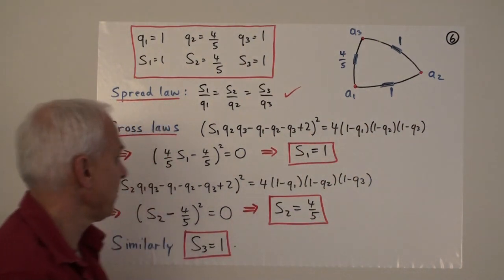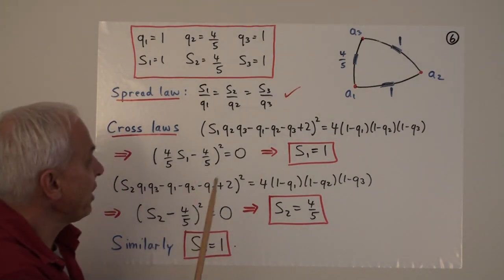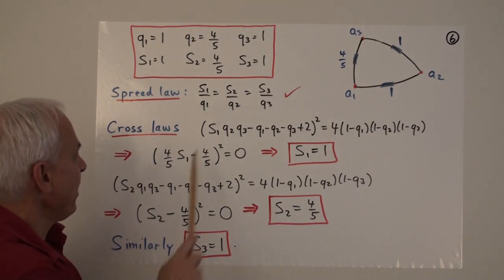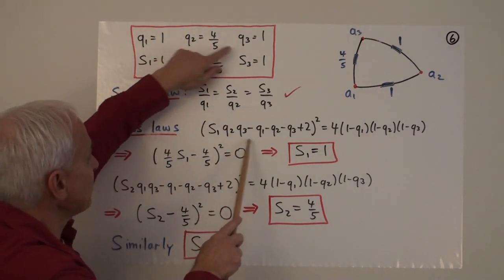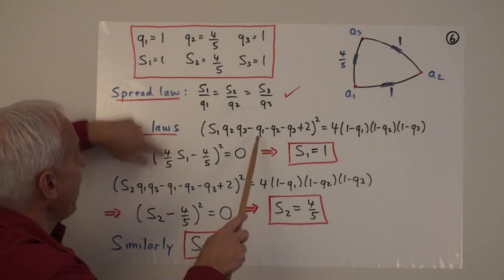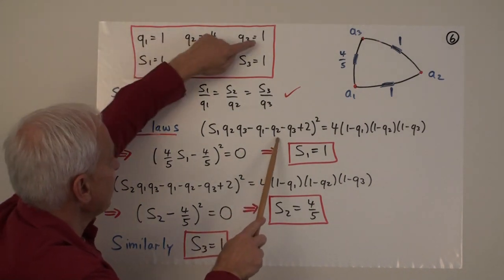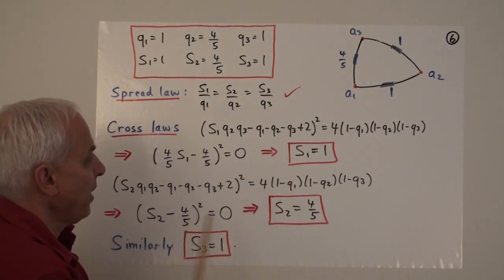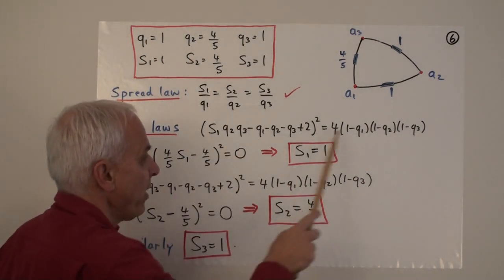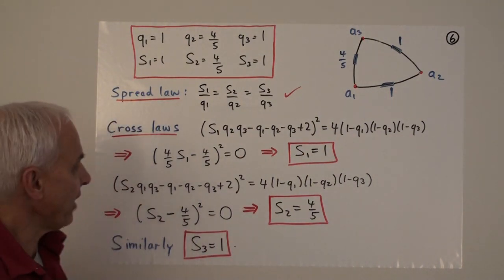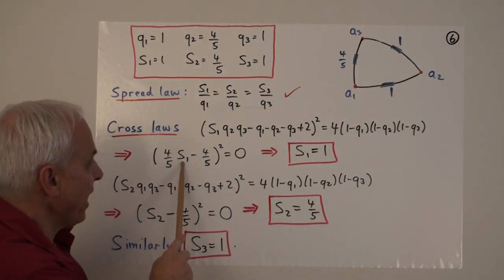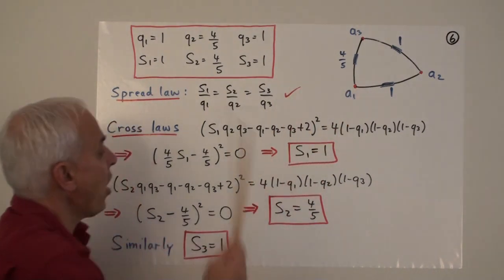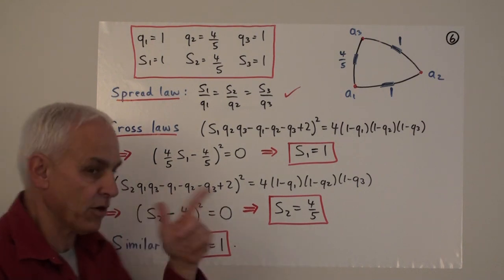All right, so suppose that we know the three quadrances, but we don't know any of the spreads. Then this one we don't know, but Q2 times Q3 would be 4/5. And we have to subtract this one, subtract this one, subtract this one, add 2. We just get minus 4/5 all squared. And because at least one of the quadrances is 1, we're going to get 0 on that right-hand side. That will tell us immediately that S1 has to be 1. So that spread has to be 1 as a consequence of the cross law if we only started with the quadrances.